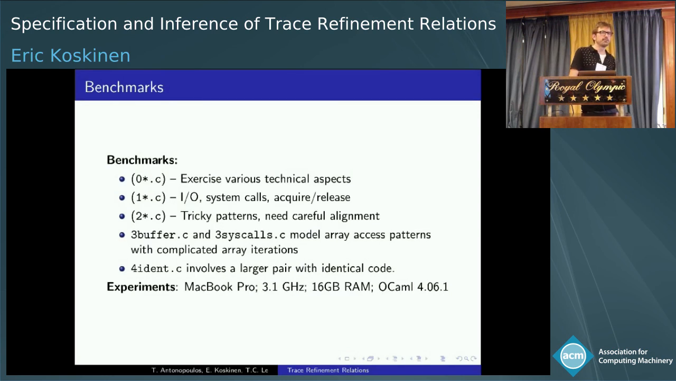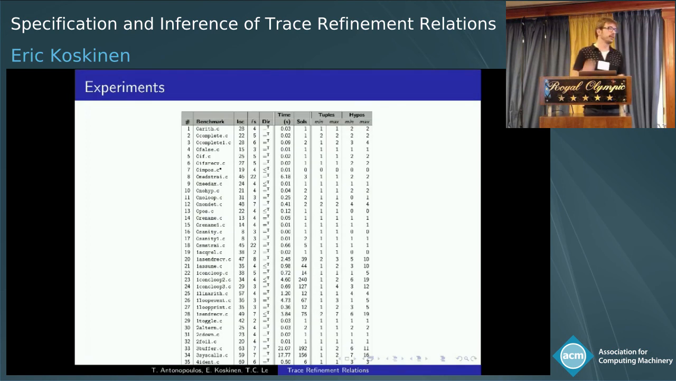We created some benchmarks for this. There weren't really any existing ones that were relevant. And these do a variety of things, some that just exercise the various technical aspects of the theory. We also created some that model I/O and system calls, acquire, release, and then some more complicated ones that involve iterating over arrays and so forth. And we ran experiments using a MacBook Pro, and the results are this big table, which you can't see, so